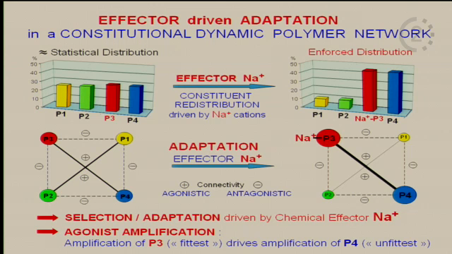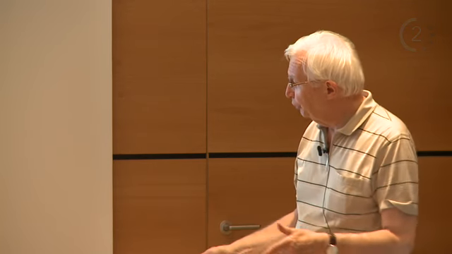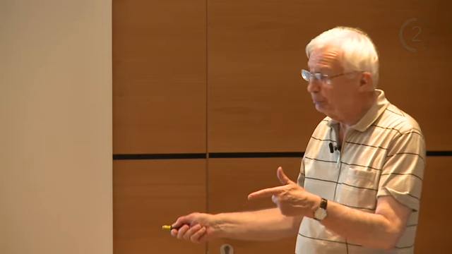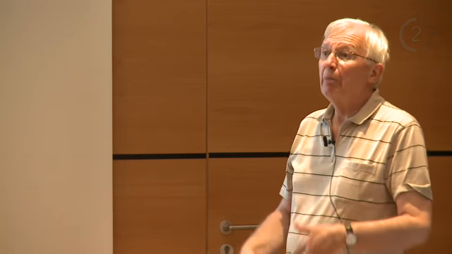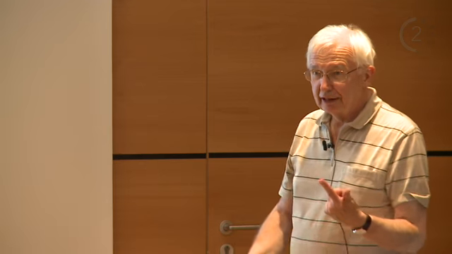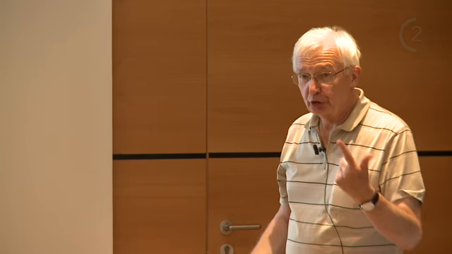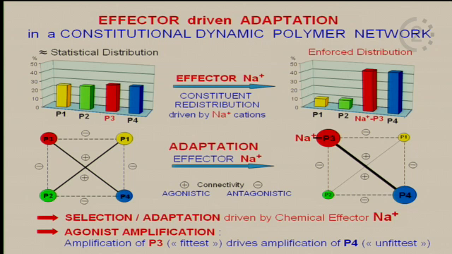P4 doesn't do anything with sodium. But because sodium forces P3 to go up, P4 must form. In other words, the fittest for sodium drives the production of the unfittest for sodium. This is very interesting. Now suppose we have a case, but I don't think I have it, and I wouldn't